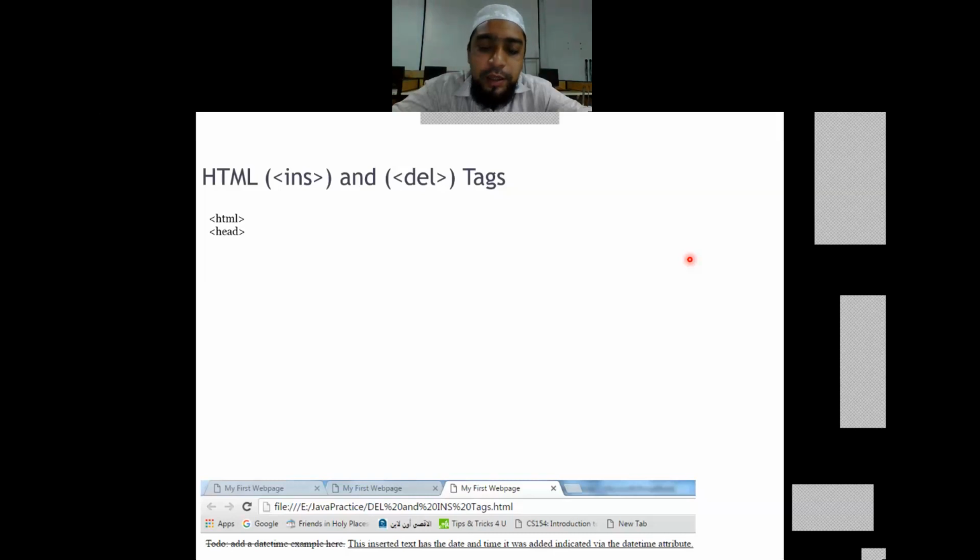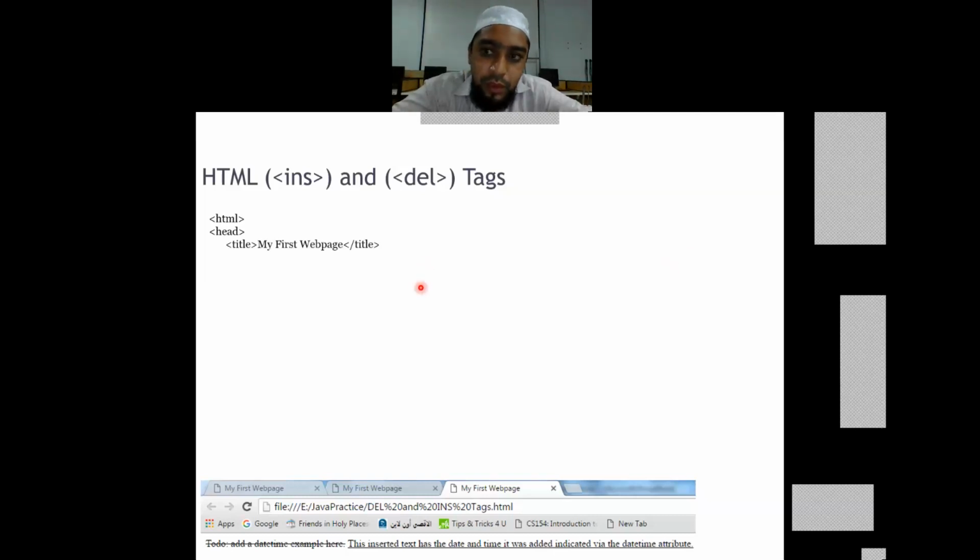If it has been removed, at what date and time it was removed, and if something has been kept on the website, at what date and time it was inserted, we have to keep a track of that. If I want to have the tracking mechanism, then we'll be using insert and delete.